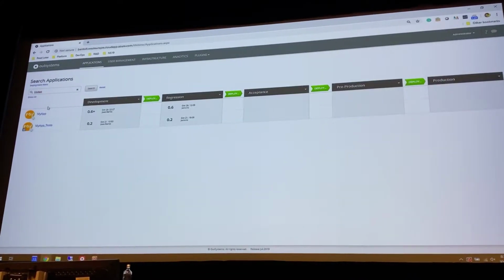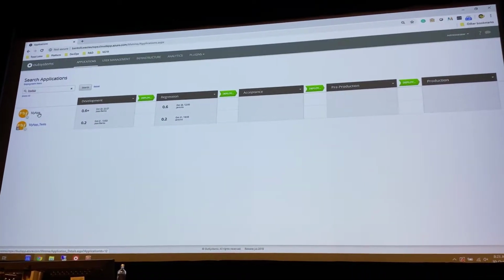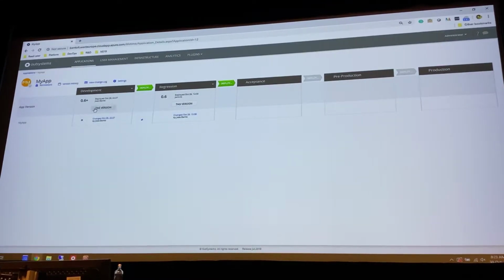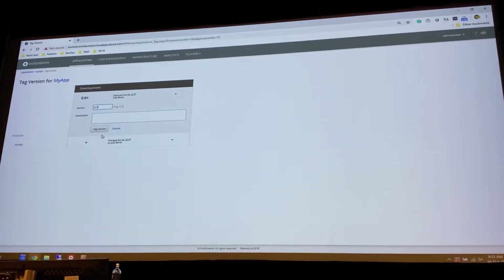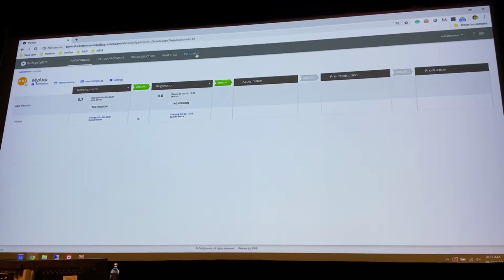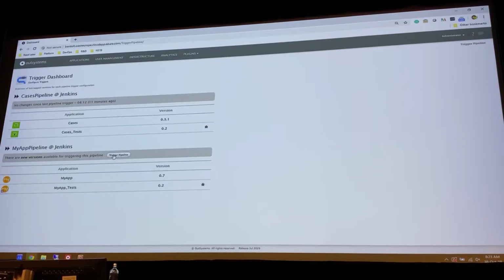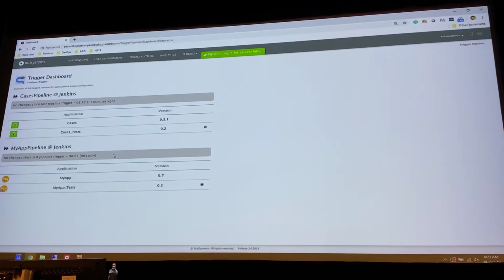Now, as a developer, I can do exactly the same that I did for cases and see this being used. I have not configured the timer. I'm triggering